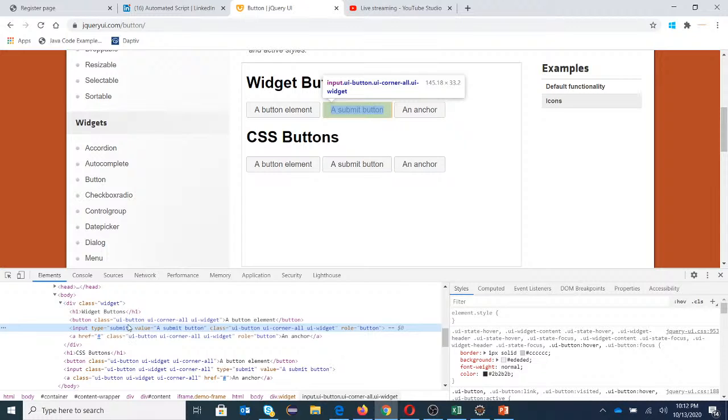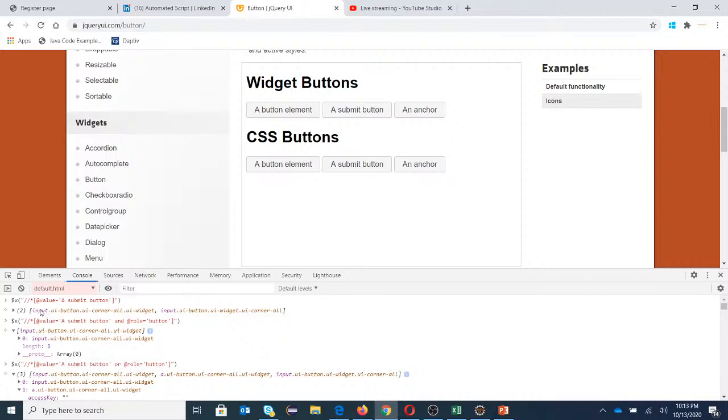Okay, and if you can see, all these buttons start with UI dash button. All these buttons are going to start with UI dash button. I wanted to identify how many elements are holding this class equals UI dash button, but they hold some different values too, like class equals UI button, UI corner, and UI widget. This is something different here. So now if I wanted to identify this,